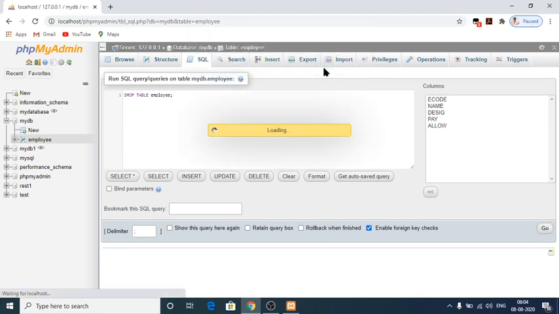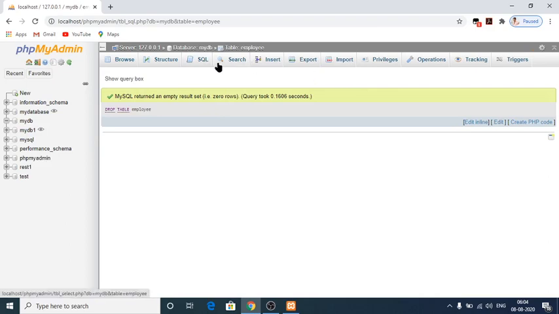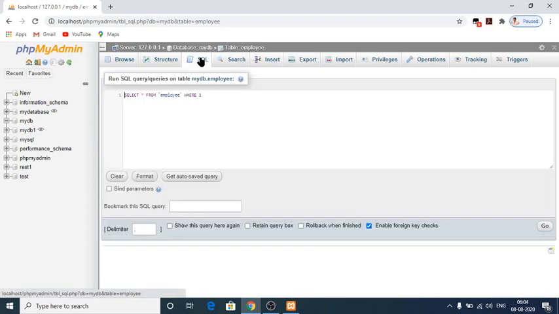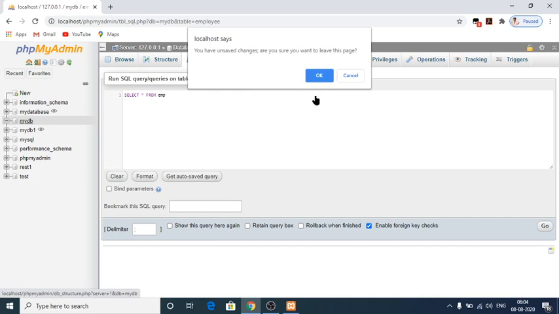Okay, after giving that, yes, everything has been removed from the table. I mean, all the fields have been removed from the table. So start from nothing. See, in my DB there is no table. You have unsaved the changes.